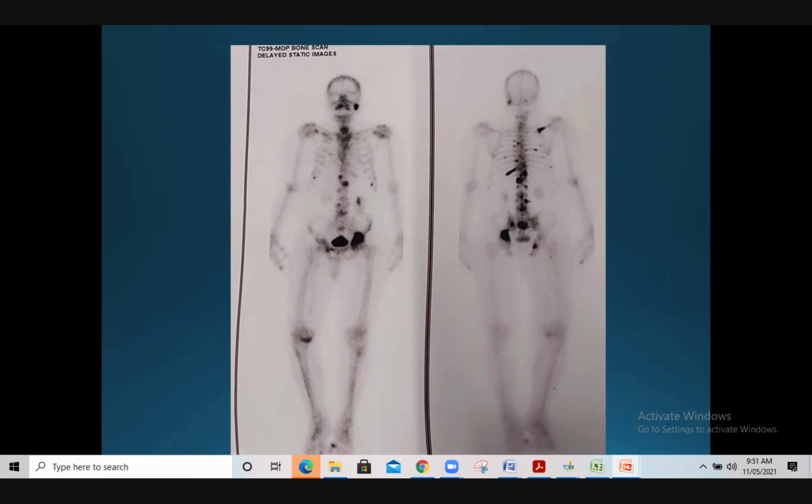Tide over the crisis. He's come now with all this COVID and all that, put an SPC and leave him. Question is, are you going to do anything for the raised PSA, the mets in terms of his prostate cancer? Because he has had a good innings so far. And is there anything to suggest that you could do something to improve, give some more time? You put an SPC.